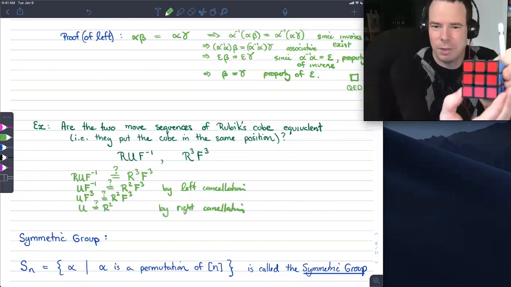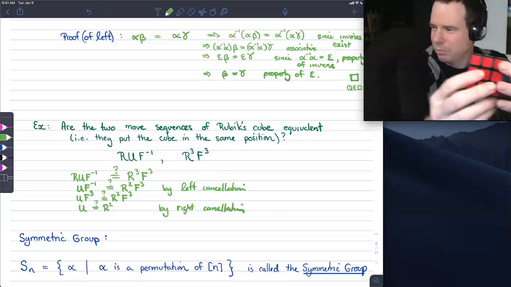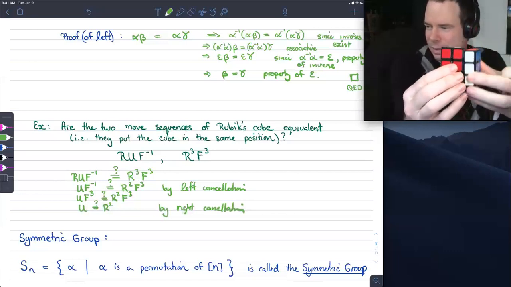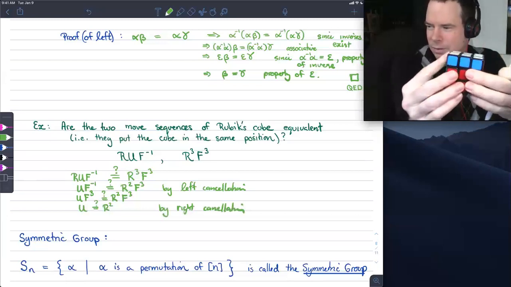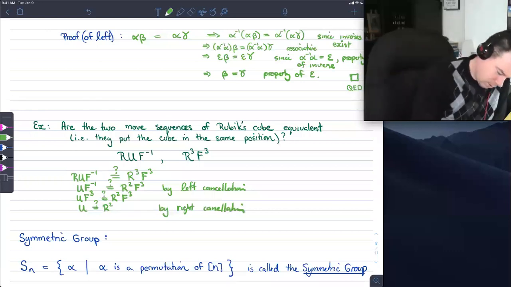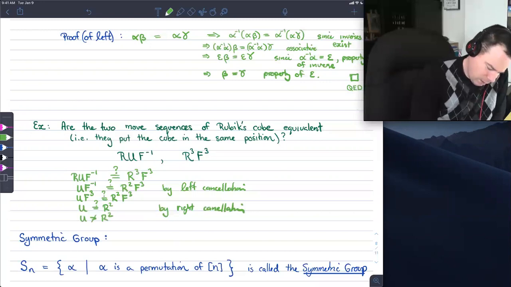So if I twist the right face, let's see which is right for you. This will be right for you. If I twist the right face twice, that's the same as twisting the up face. No, definitely they're not the same. So u is not equal to r squared, and therefore